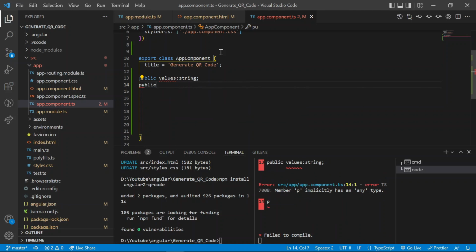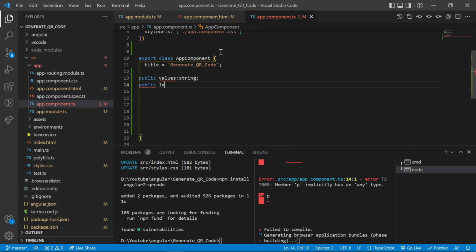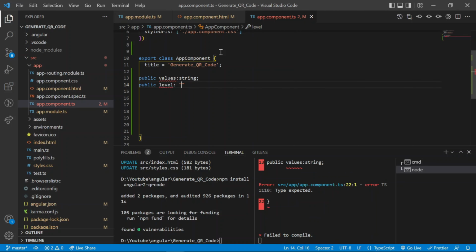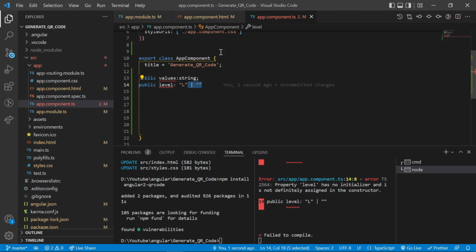So public label, with options L, M, Q and H. Last one is width.